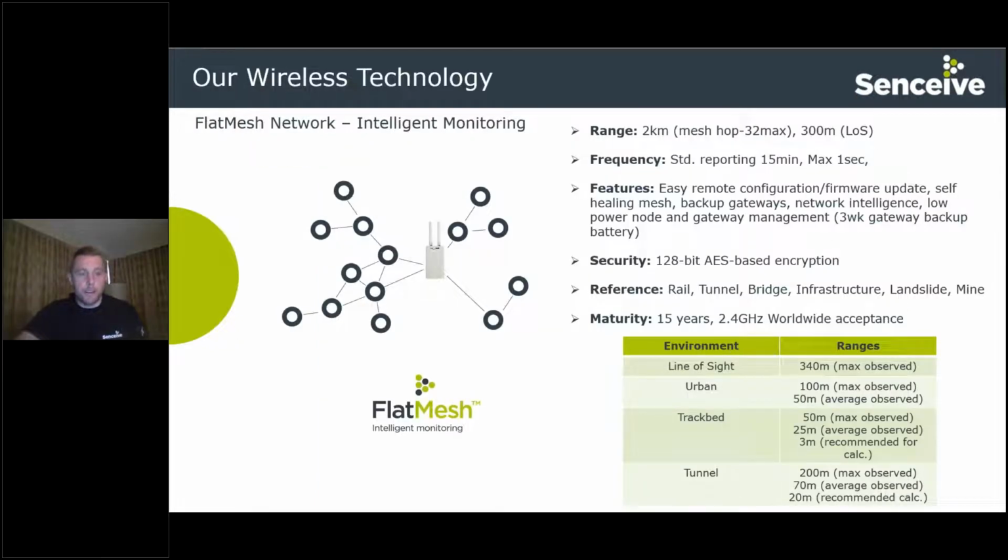And a little more information on our flat mesh network itself. As I mentioned, this one is more for condensed sensor networks, usually just a few hundred meters max between all of the sensors, maximum 2K with 32 max hops between all of the nodes back to the gateway. Very powerful, really what we're known for. It's a great package. You can see on the bottom here the different typical sensor spacing that we use depending